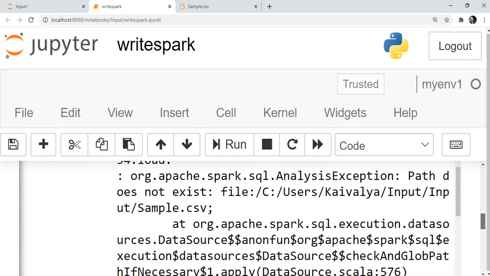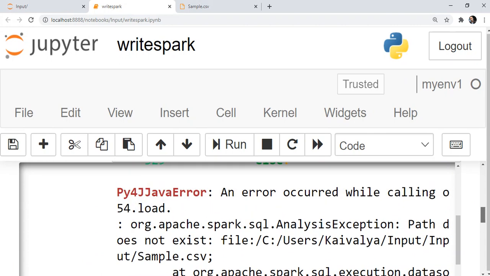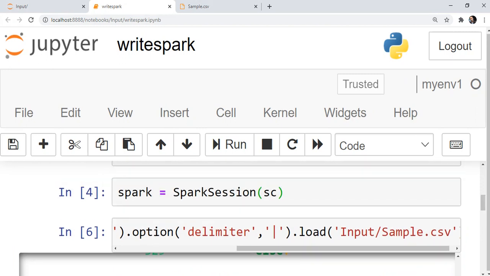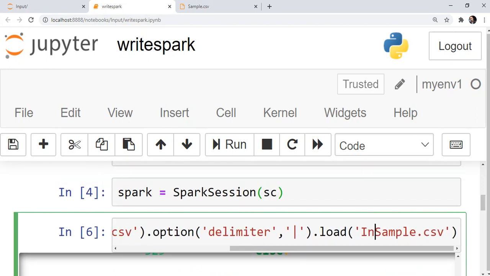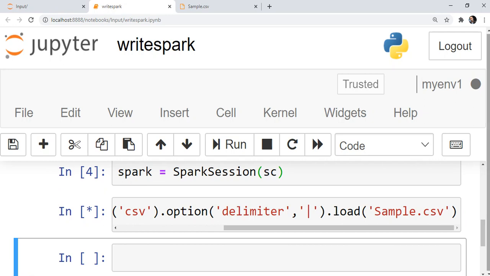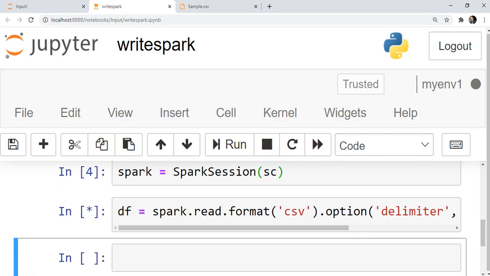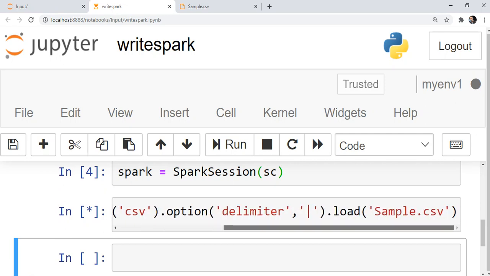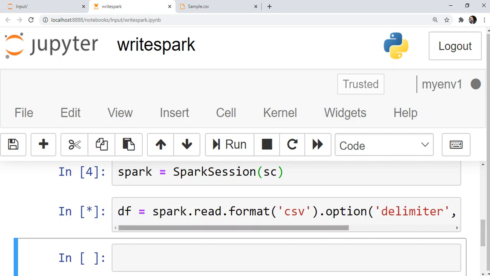No, we are already in input. Okay, got it. We are already at the same location, so it's running. Yeah, so it will load the sample.csv from the input into the data frame. Let's see.